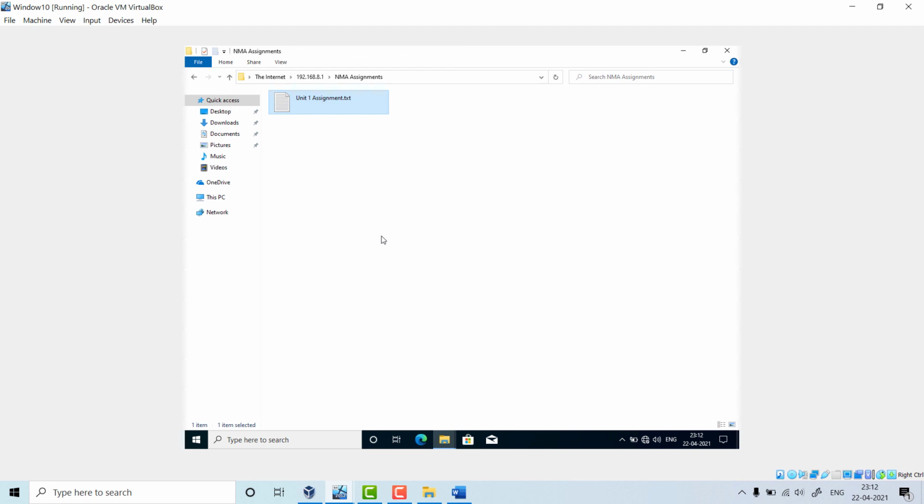So let us try to delete it. Shift delete. Click yes. See here, I am getting an error. What is the error? 550 access denied. What is the full error? An error occurred during deleting the file or folder on the FTP server. Make sure you have permission to access this folder.